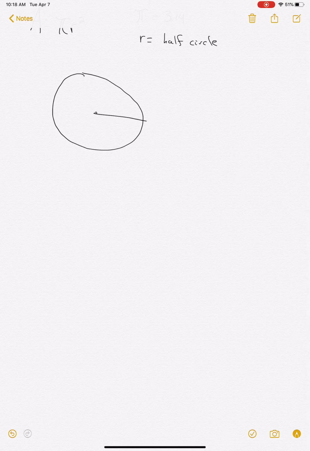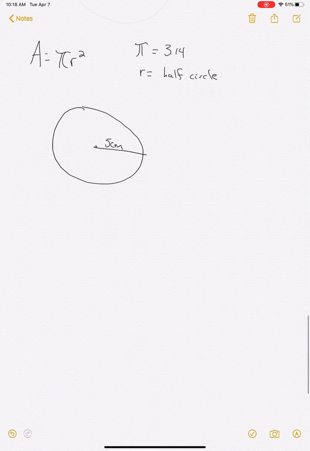And our radius, let's say, let's go with 5 centimeters. I like keeping it simple, as you can see. Now what we're going to be doing is plugging our numbers into our formula. We're trying to find the area of this circle. I'm going to write my formula first, which is always important to put at the top. So it is pi r squared. So area is